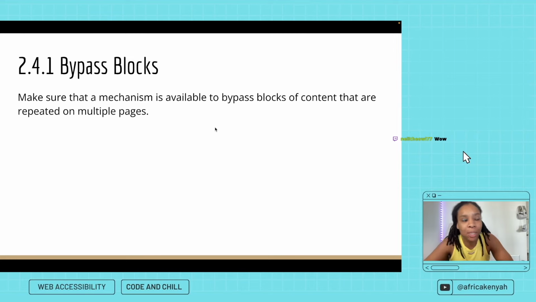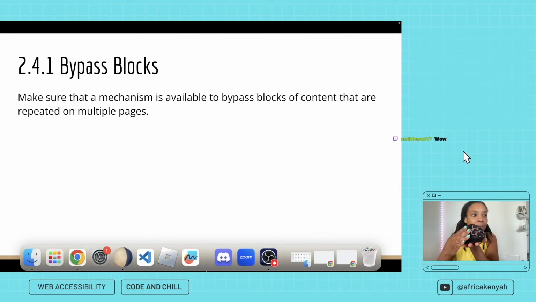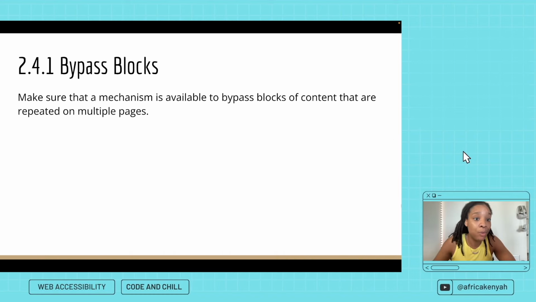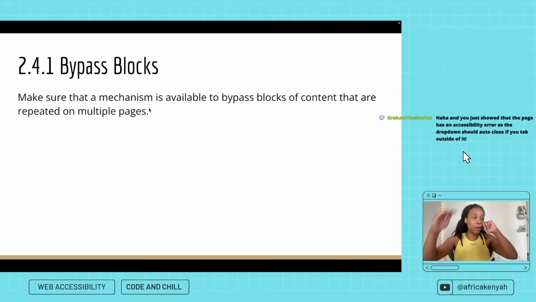So we don't think about keyboard users because it is what it is. We don't. A lot of us are using our trusty mouse, right? But people who use a keyboard, tabbing through all that stuff, oh my gosh. As someone who has to do manual testing all day, it's really annoying. So if you have something like that where there are a bunch of things that are showing up,